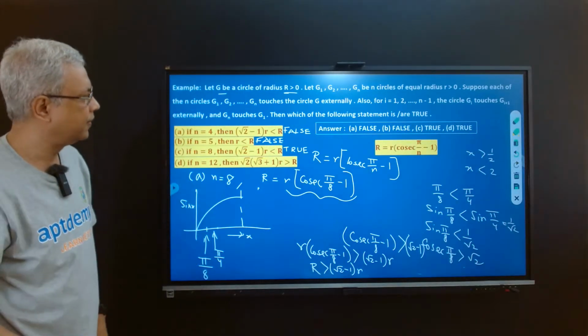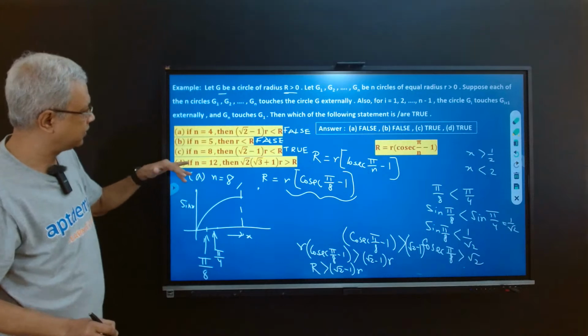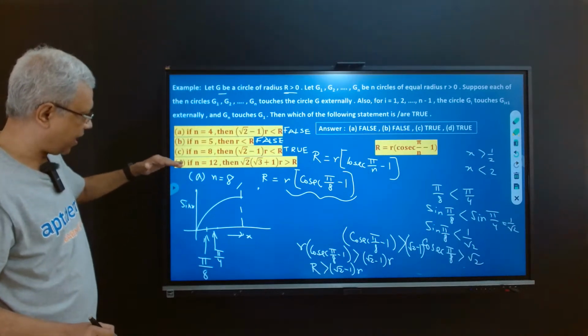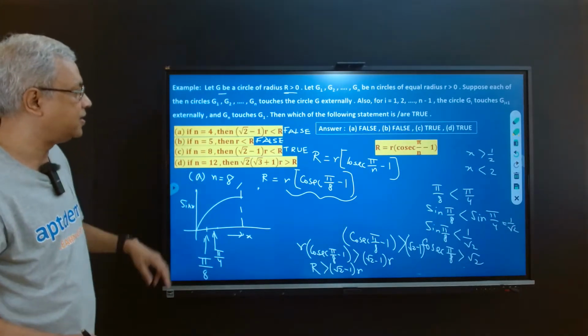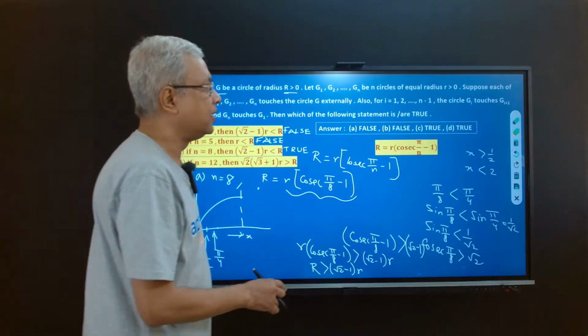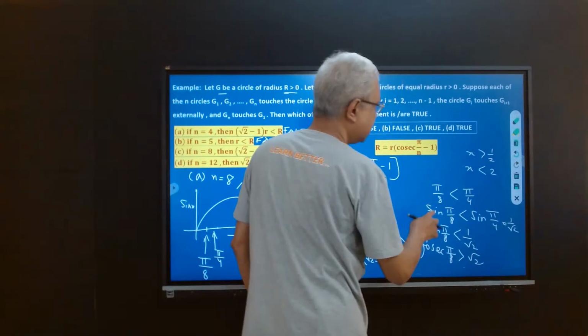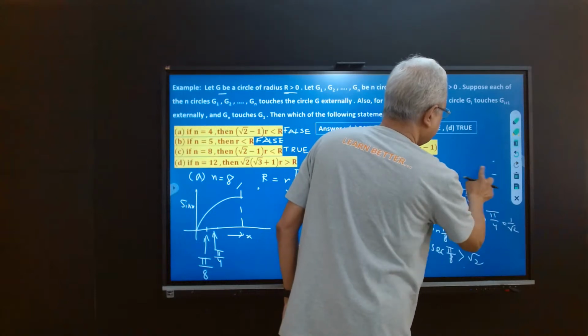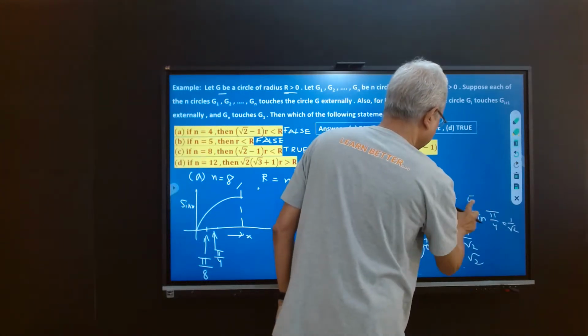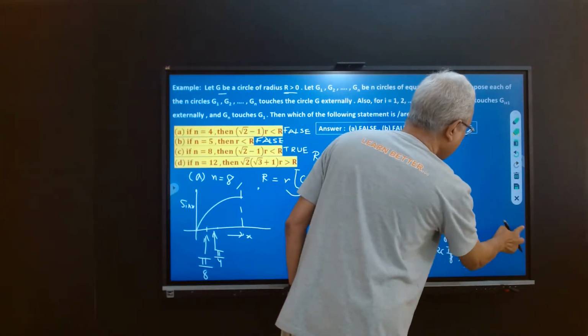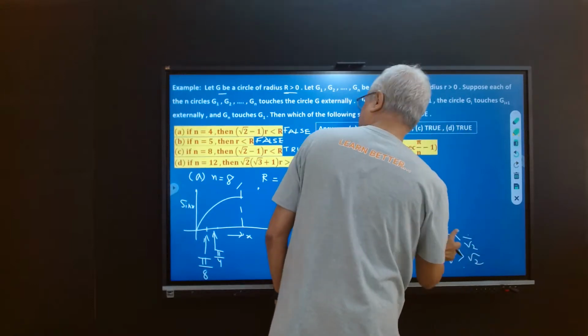Hope it is clear. Okay. Now we are left with another problem, the last part of the problem. If n equal to 12, let us remove this. If n equal to 12, then how much is